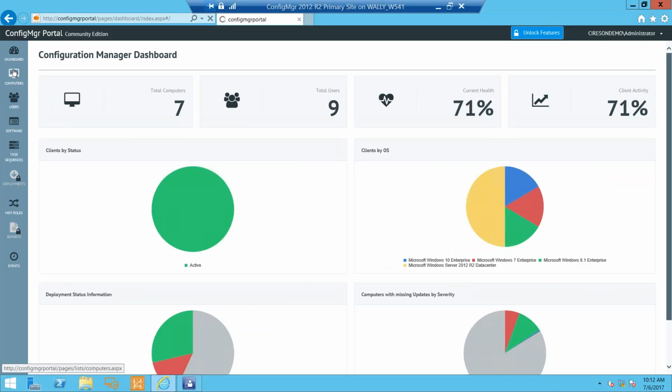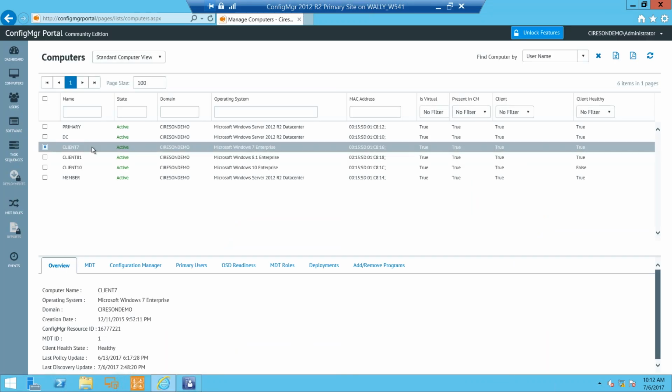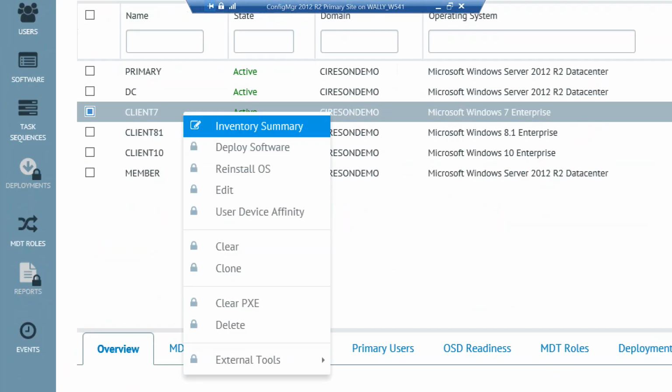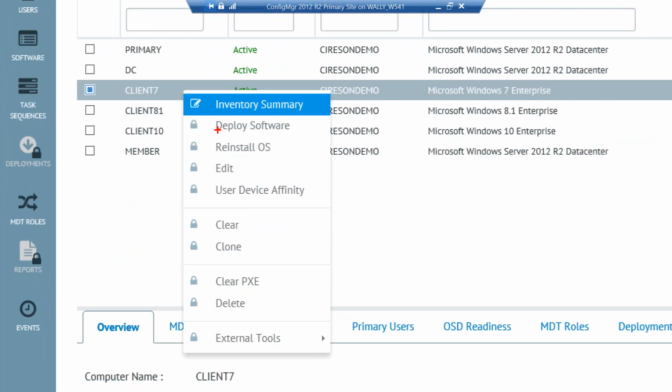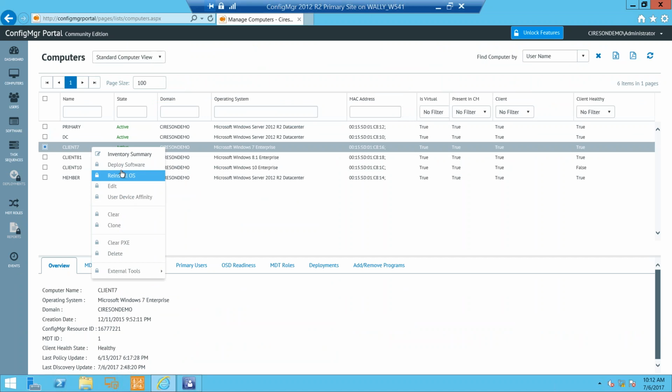Now if I click on the computers node, and I see my list of computers, I'll see all my Configuration Manager clients. If I right click one of those computers, you notice that almost all of my actions are grayed out, and you see the lock icon on them. So those are actions that I cannot perform in the Community Edition. I can, however, click Inventory Summary. So we are going to let you see your basic attributes about a client computer,